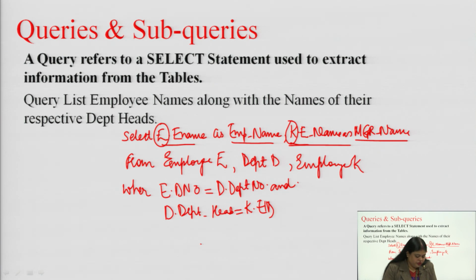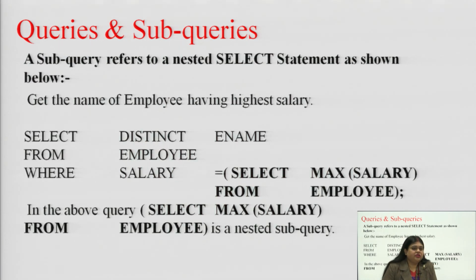Let us now move to subqueries, and this is how we implement subqueries. You can see, this is an example, it says to get the name of employees having the highest salary. Now, how to find the highest salary if we do not compare the salary of all the employees in a particular department? So, what we are going to do is find the max salary and then put it into another query.